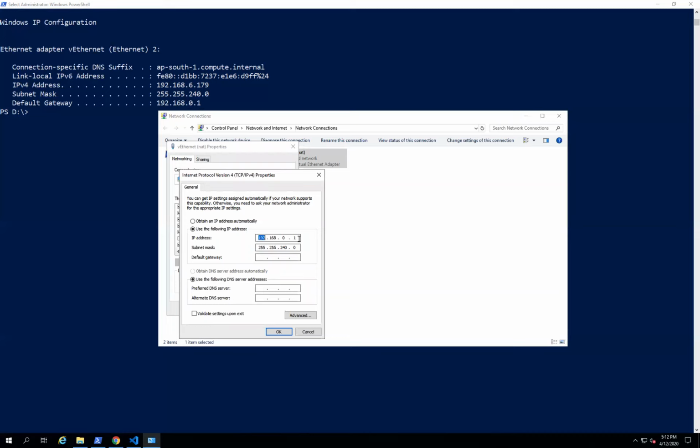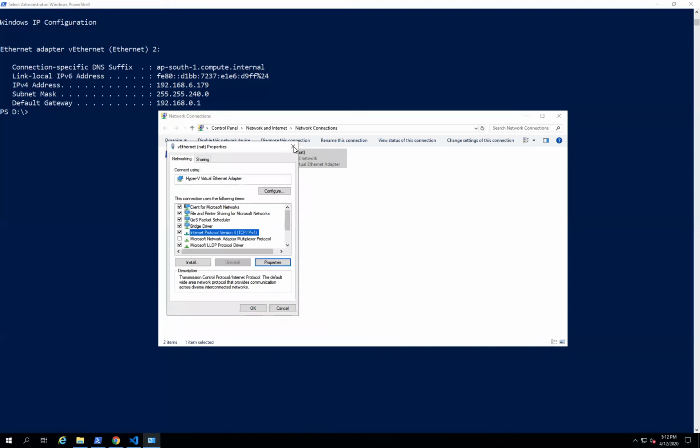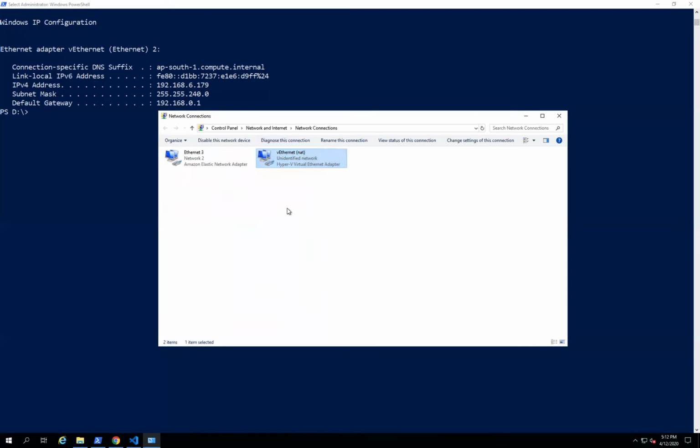192.168.0.1. So this is the IP address range, and from there to here is the subnet mask. In this range, the containers are getting their IP addresses. Here you can see 192.168.6.179 and the other IP address also fall under this subnet range, right? So this is how, when you create any Docker container, it utilizes this virtual Ethernet card and assigns an IP address to your Docker container.